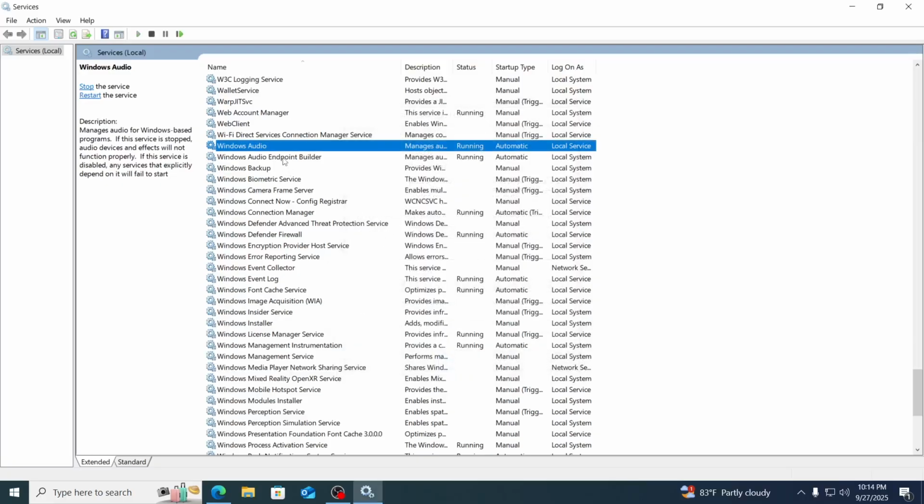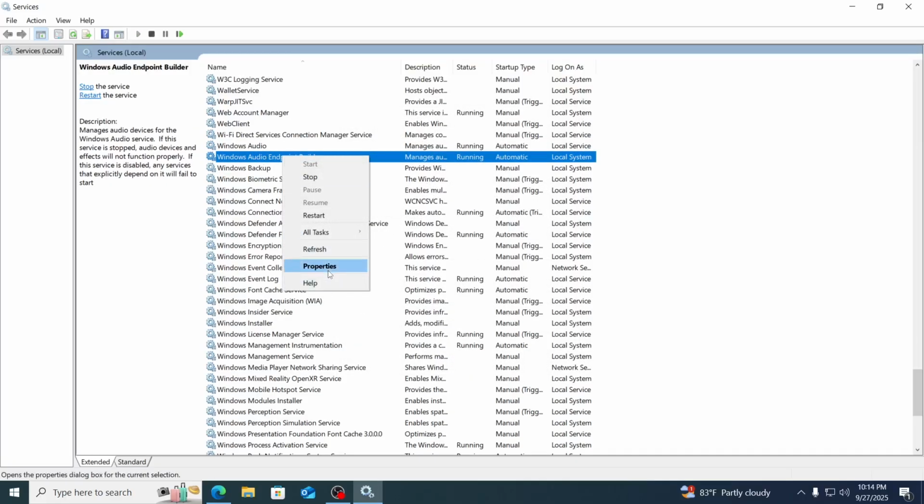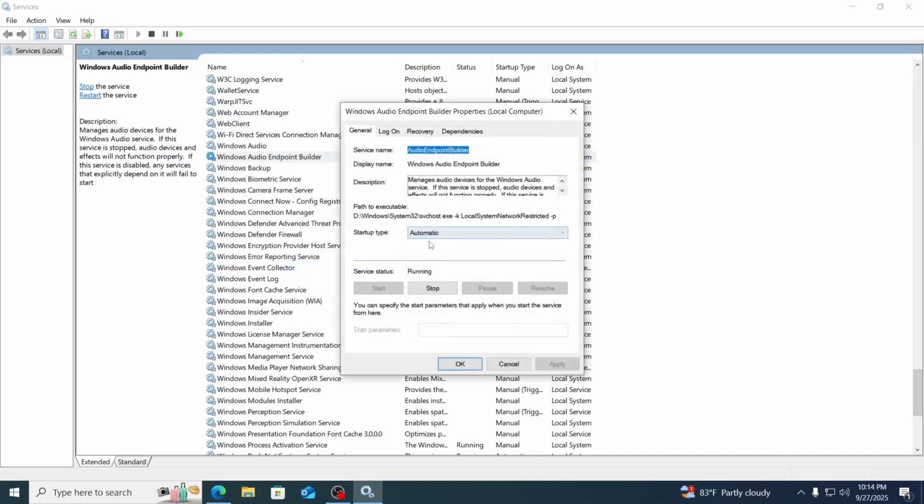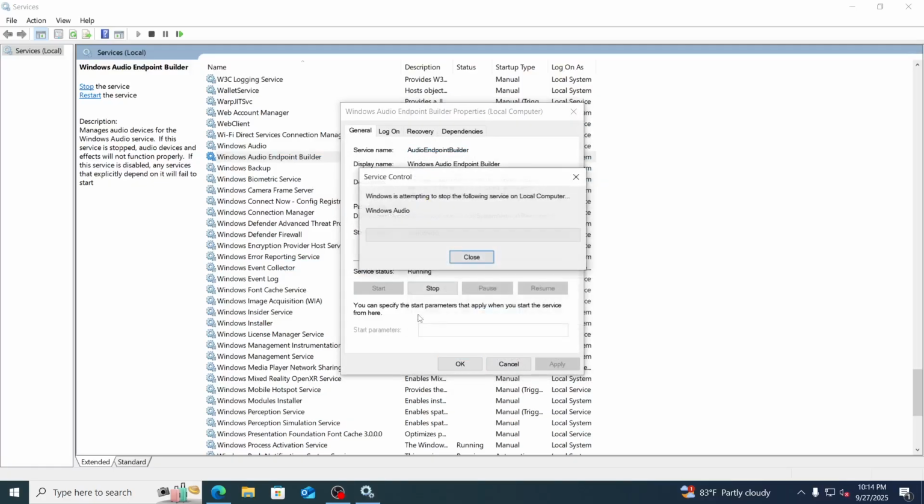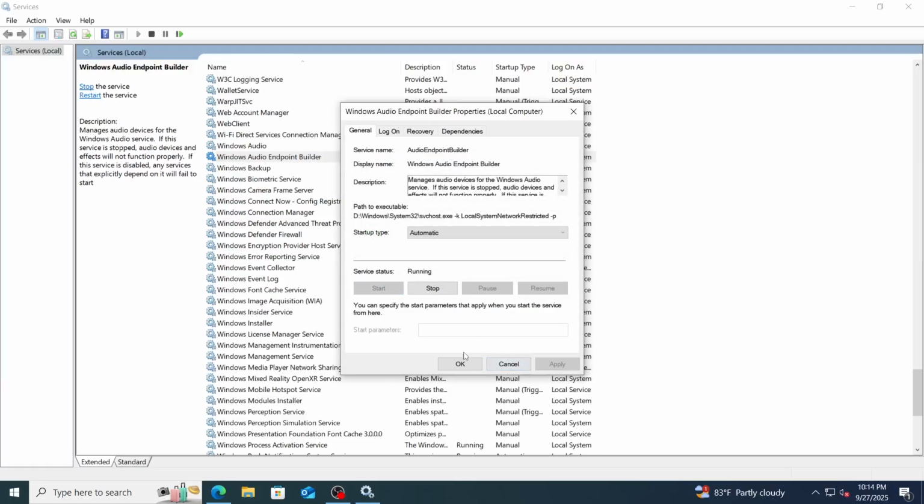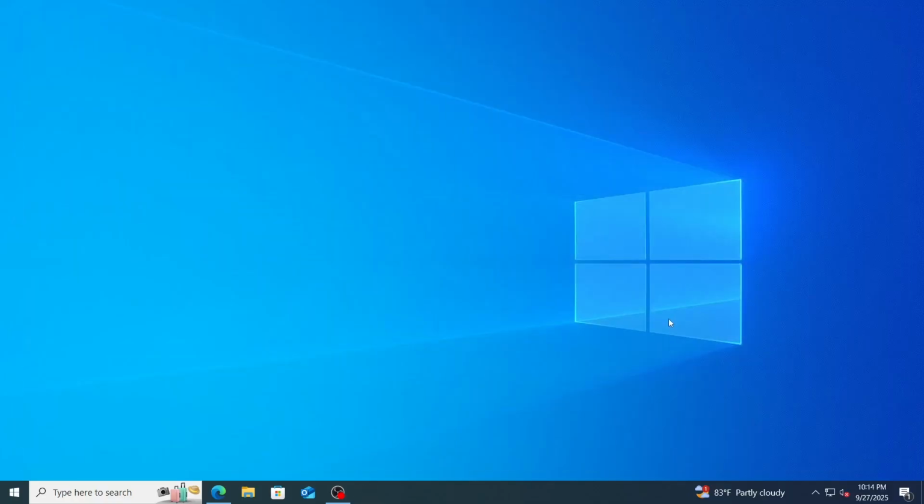After that, just right click on Windows Audio Endpoint, make sure startup type is set to automatic, and then just stop it, click on yes, and wait for it to stop, and then just start it back again. Just wait for it to start. Then just click on OK. Then just close this. And after that, just go ahead and restart your computer and hopefully your problem should be